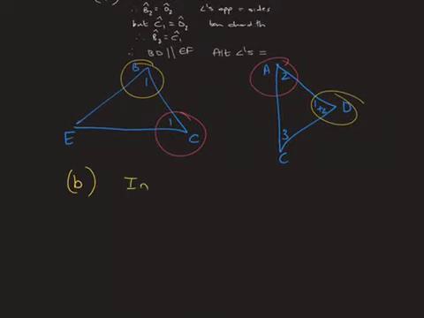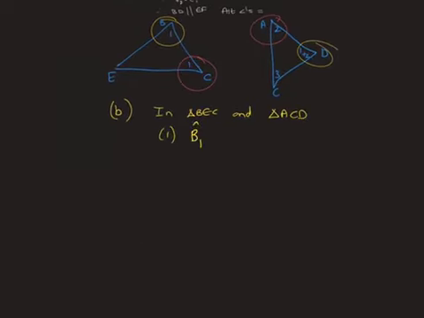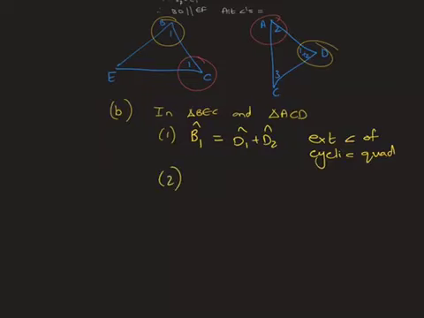So in triangle BEC and triangle ACD, let's first go with the quick one. B1 is going to equal D1 plus D2, exterior angle of cyclic quad. That's easy. Okay, so then to get that C1 and A2 equal, we know that C1 is equal to D2